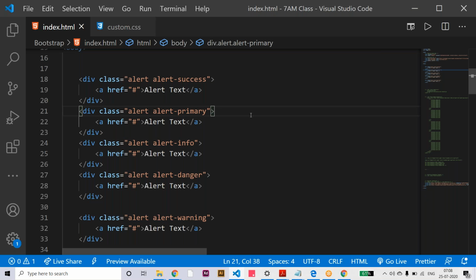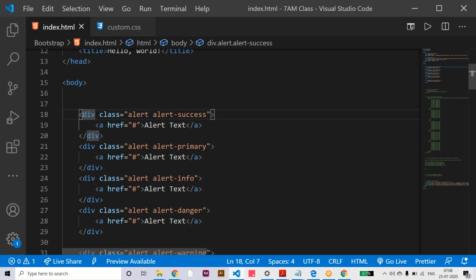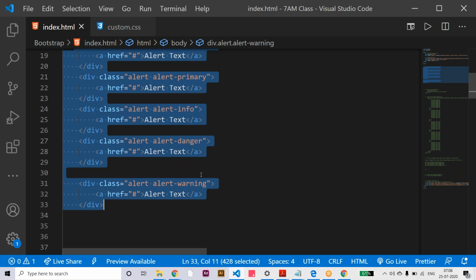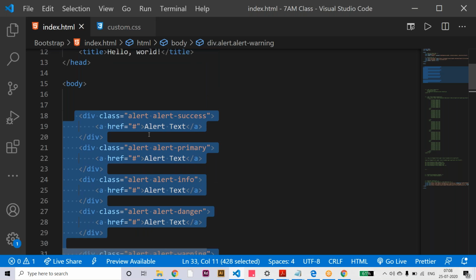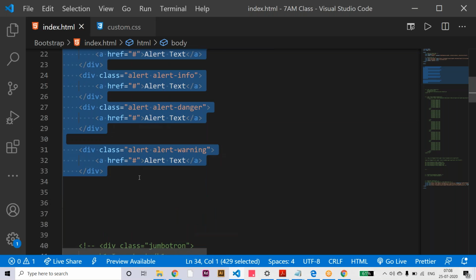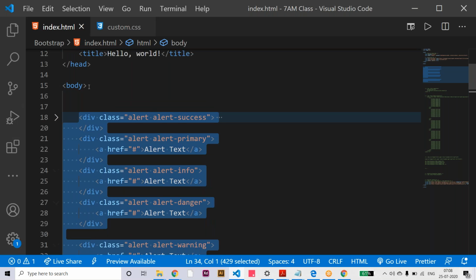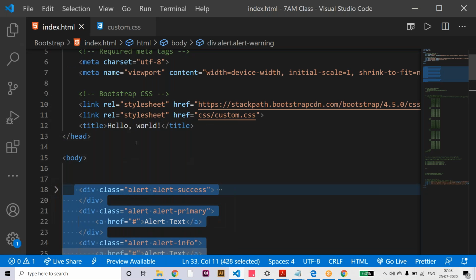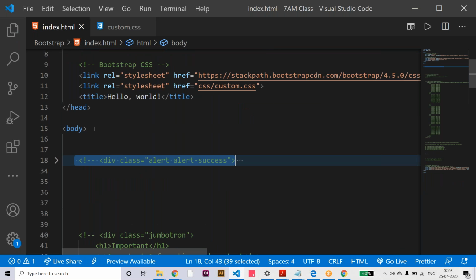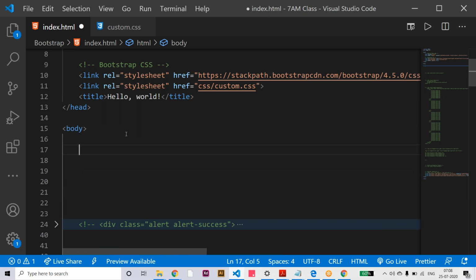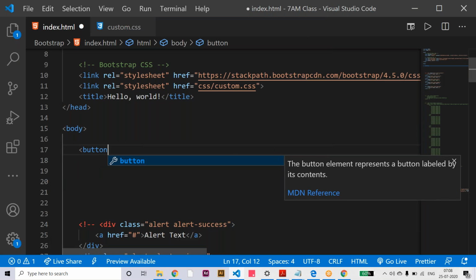And buttons are there, buttons also work the same way. I think we already used a couple of buttons in the starting itself. Maybe I will show you other button classes here. Here we have the HTML5 button.